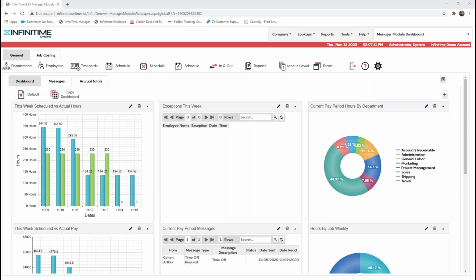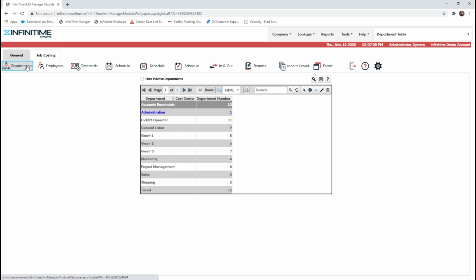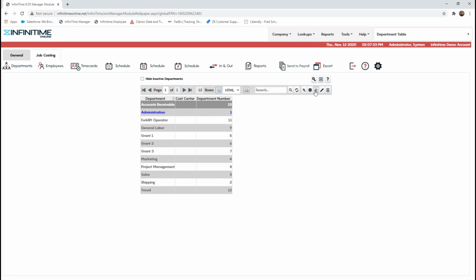InfiniTime has an advanced job costing platform built in. You can have up to 3 labor levels in InfiniTime. The first of those labor levels is departments. Departments can be accessed by the button on the toolbar. Now in InfiniTime, you can have as many departments as you need, and adding a new department is as easy